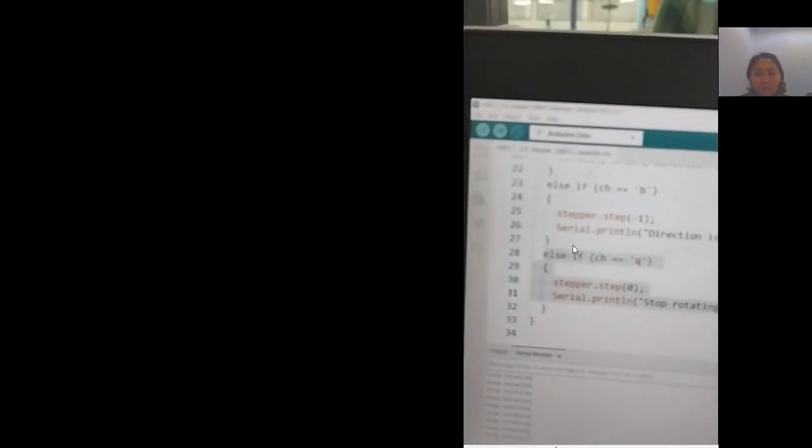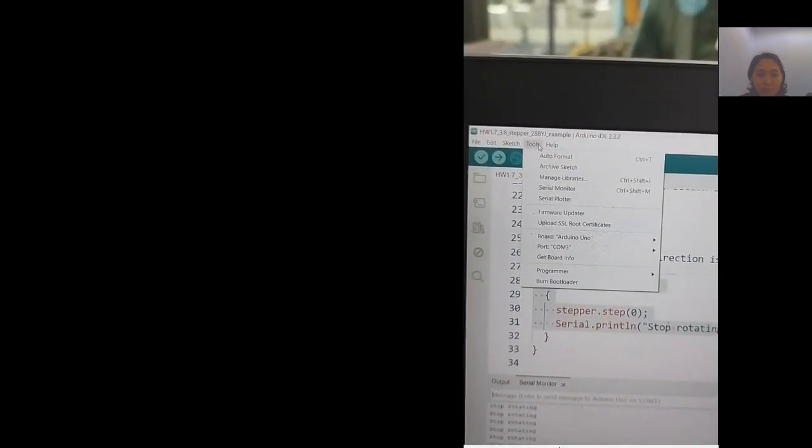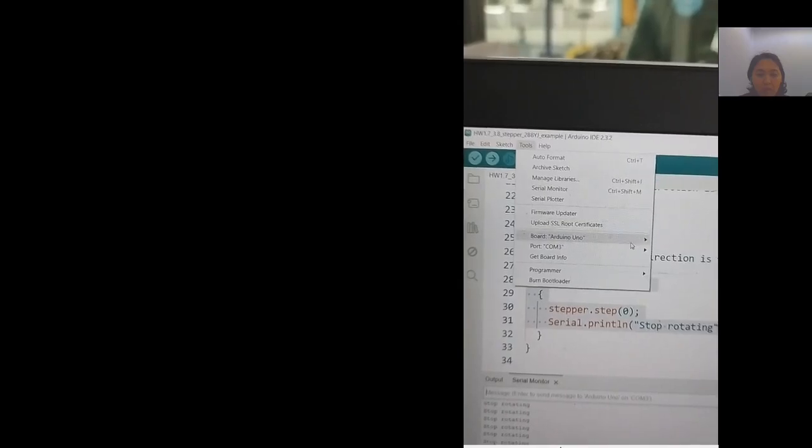Then I have to upload the program. But before uploading, make sure that the board used in the Arduino IDE is right: Arduino Uno, and the COM port, I use COM3.